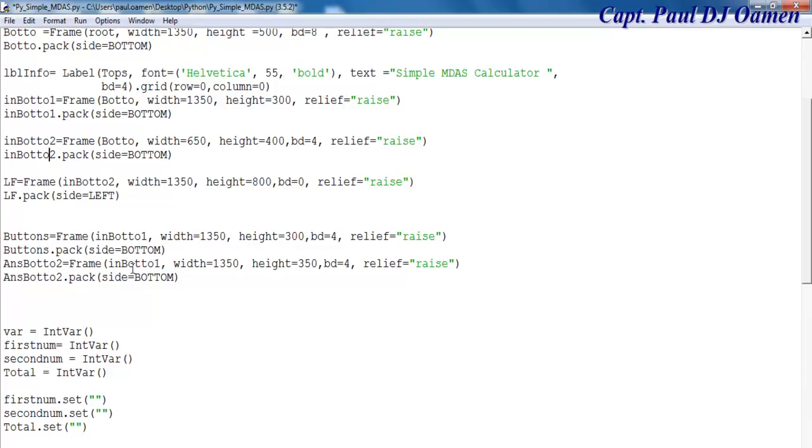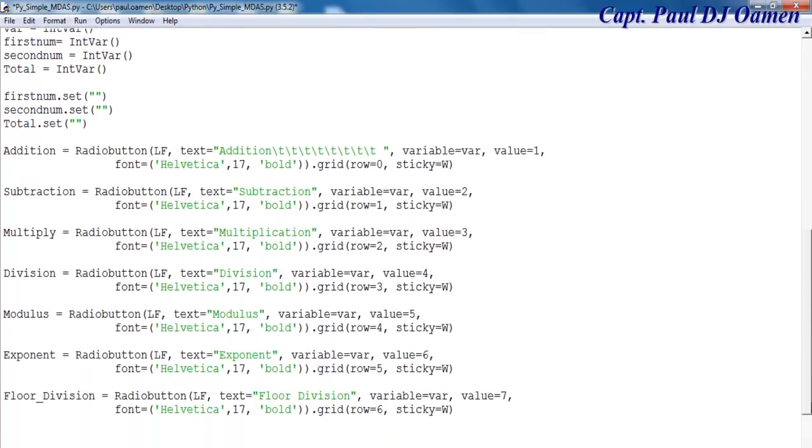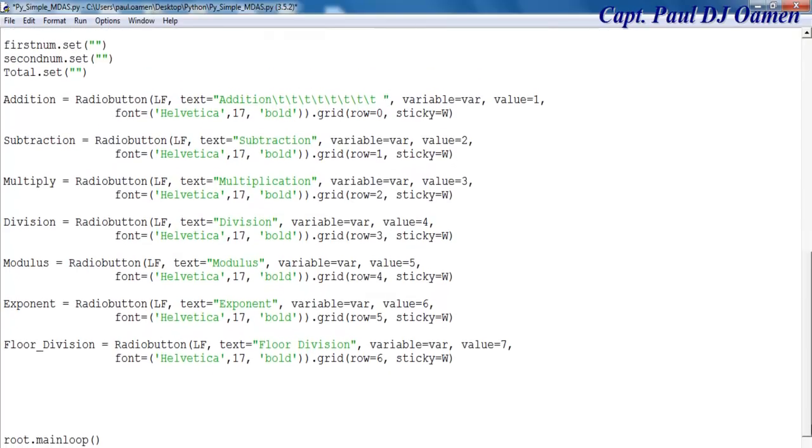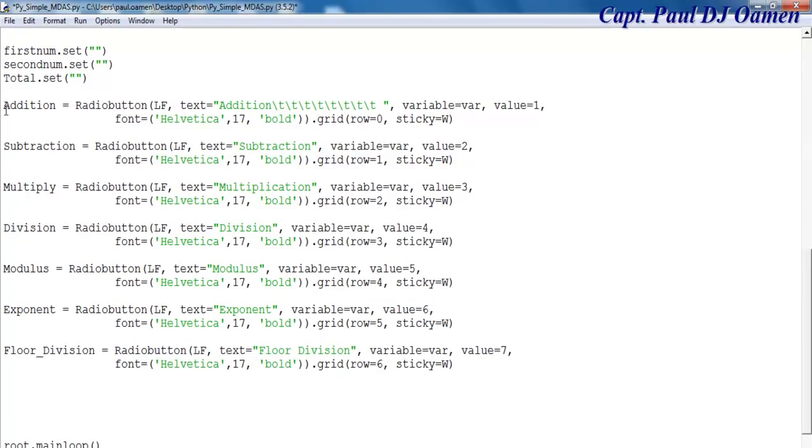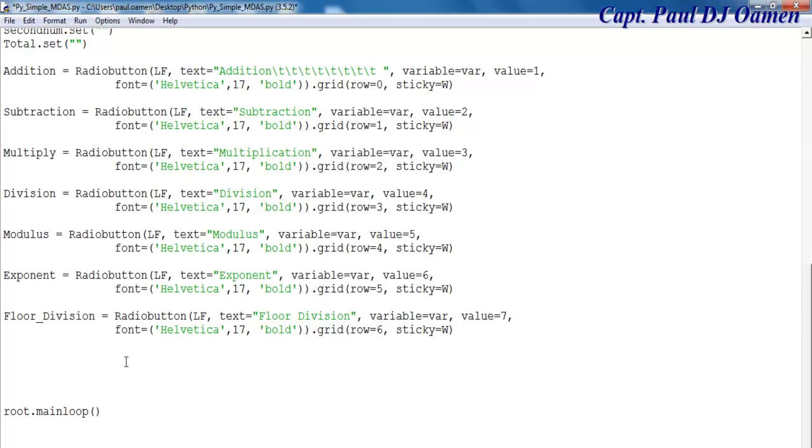Right, so the next thing I like to do now is let's scroll down now that I have all my buttons in place. These are for the radio buttons. Yeah, that's correct. So the next thing is, let's create a label and a text. So I'm going to call that LBL. Let's go for first equals label, and right inside this label I want it to be inside answer but 2,